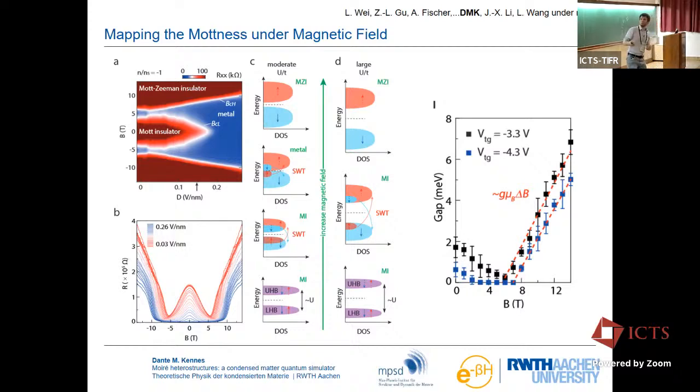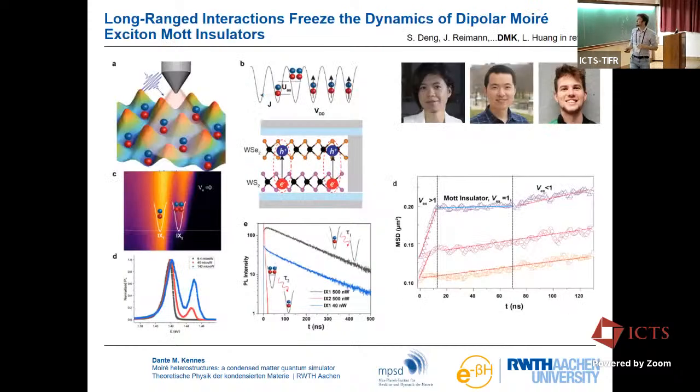All right. So in the last couple of minutes, I want to look at another system, and that's relating to the last talk of yesterday, where we want to look at excitonic physics. Yeah, so we're making quite a jump, and we're now asking, can I control material properties on the excitonic level? Yeah, so we're taking a heterobilayer, tungsten diselenide, tungsten disulfide.